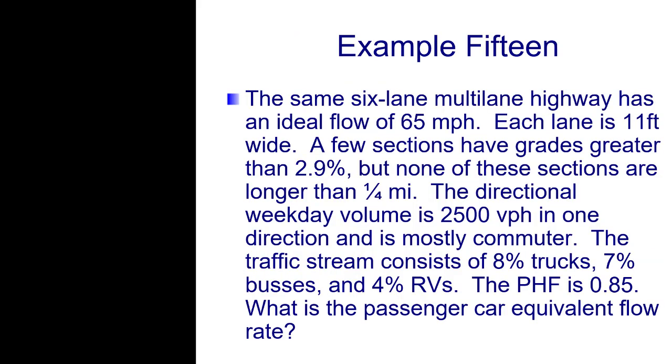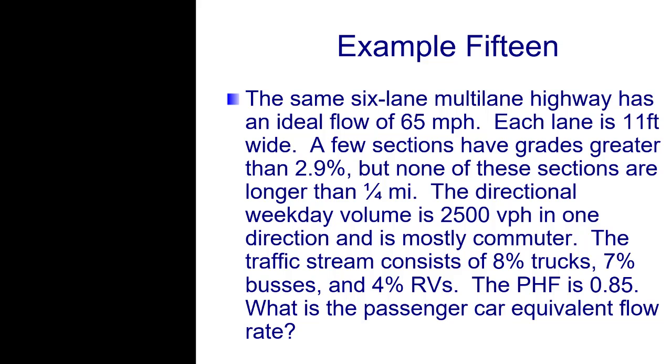Example 15. The same 6-lane multi-lane highway has an ideal flow of 65 miles per hour. Each lane is 11 feet wide. A few sections have grades greater than 2.9%, but none of these sections are longer than a quarter mile. The directional weekday volume is 2,500 vehicles per hour, sorry about that, and one direction is